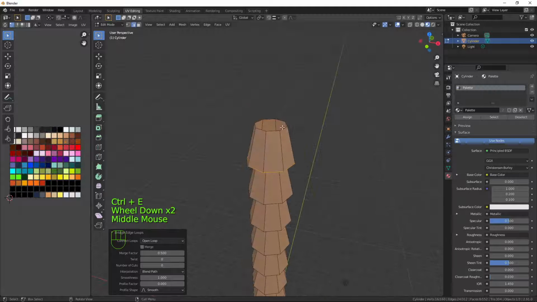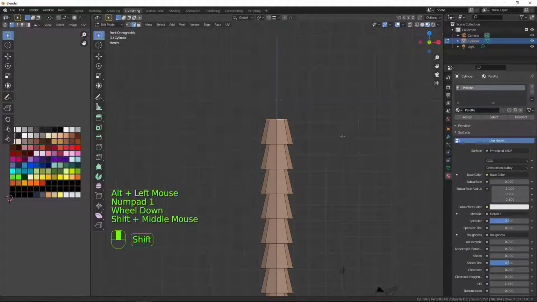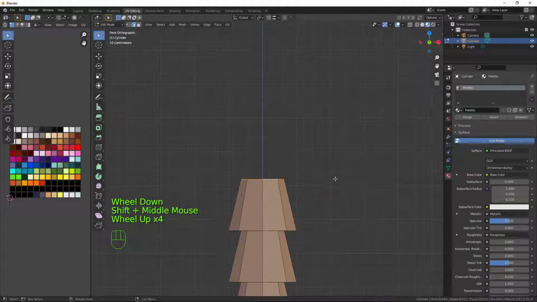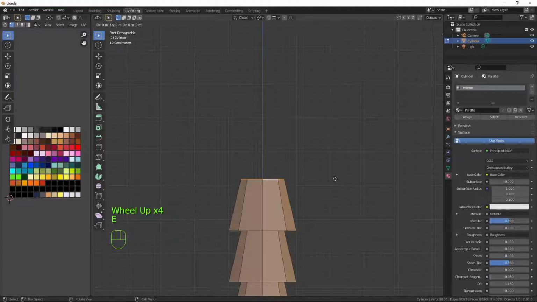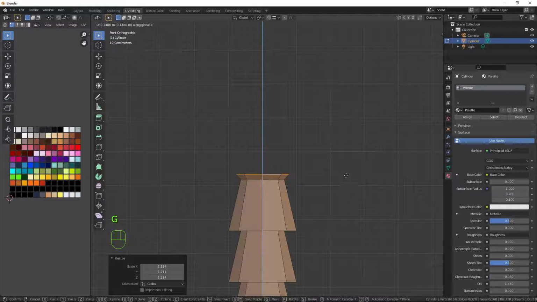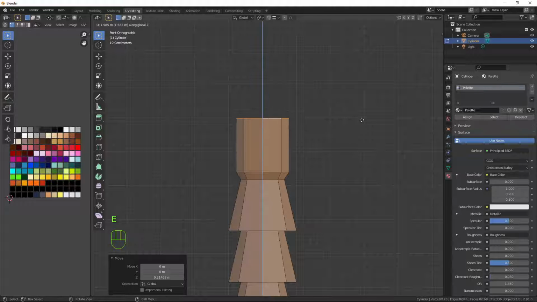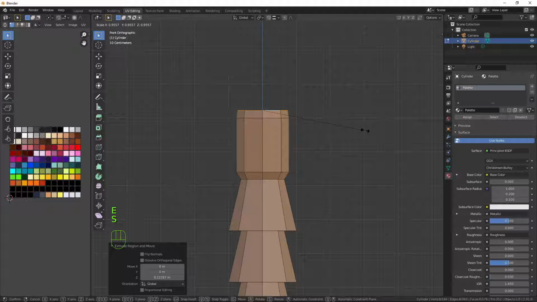There we go. And finally, at the top, I'll put it into front orthographic so I can see what I'm doing. I want to press E and right click, and press S to scale out slightly, and then GZ just to bring it up a bit, and then again E to extrude in the Z axis, bring it up, and again the same as that, scale it in,